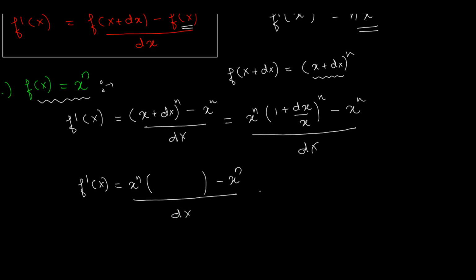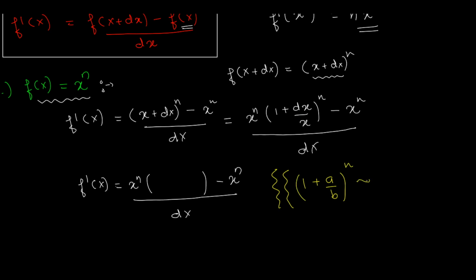Now there is a little interesting fact here about the binomial theorem. So I'll mention that here. It goes something like this. If you have a function like this, or if you have an algebraic equation like this, 1 plus, I'll not use x, I'll use something else, a by b whole to the n. You have this. I think I have something that looks like that, right? A is dx and b is x and so on.